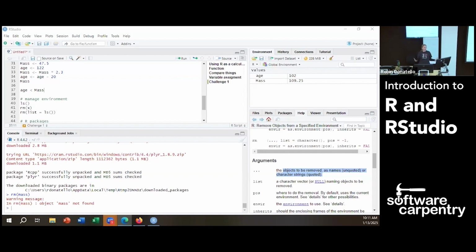Just a heads up for a time check, we're looking at doing a break a little bit after 10:30. So that's kind of where we're at. So far, we've gotten into RStudio. We've been seeing how to use R, writing a script, writing lines, writing code, submitting code, installing packages. The last piece I want to cover this morning